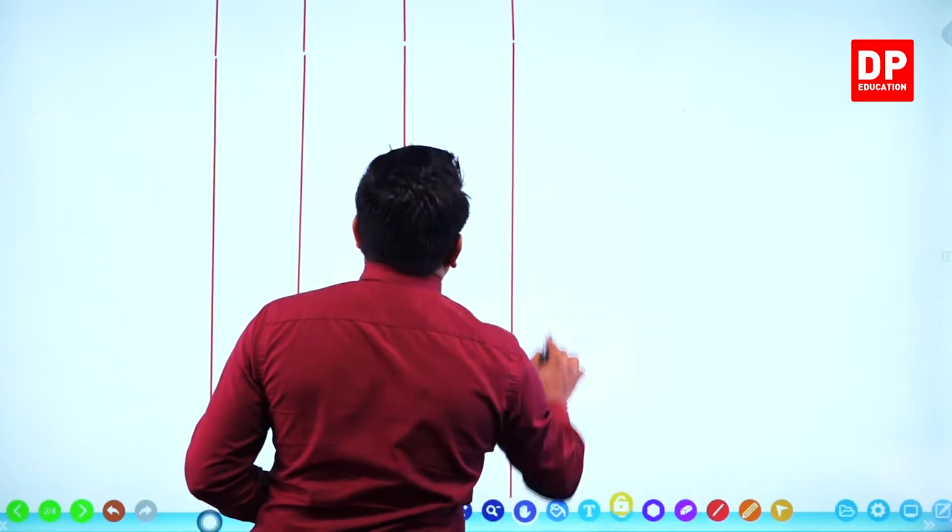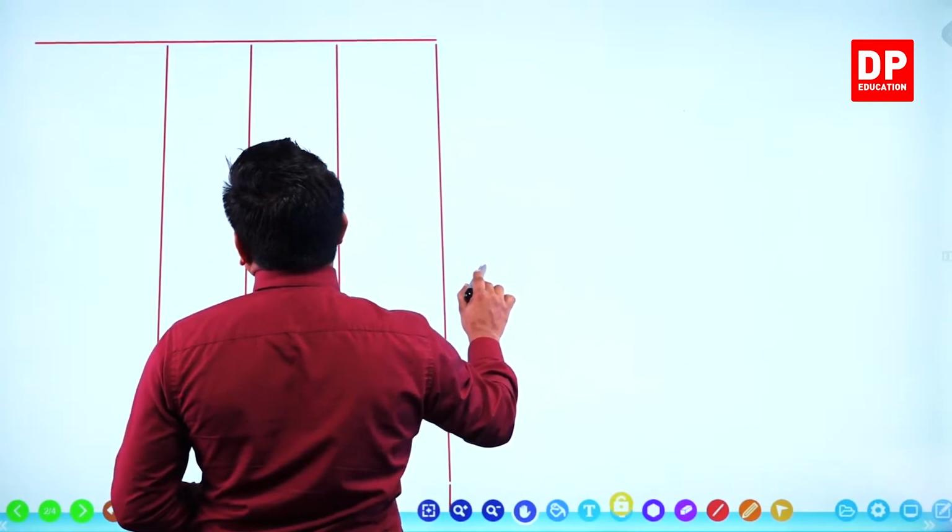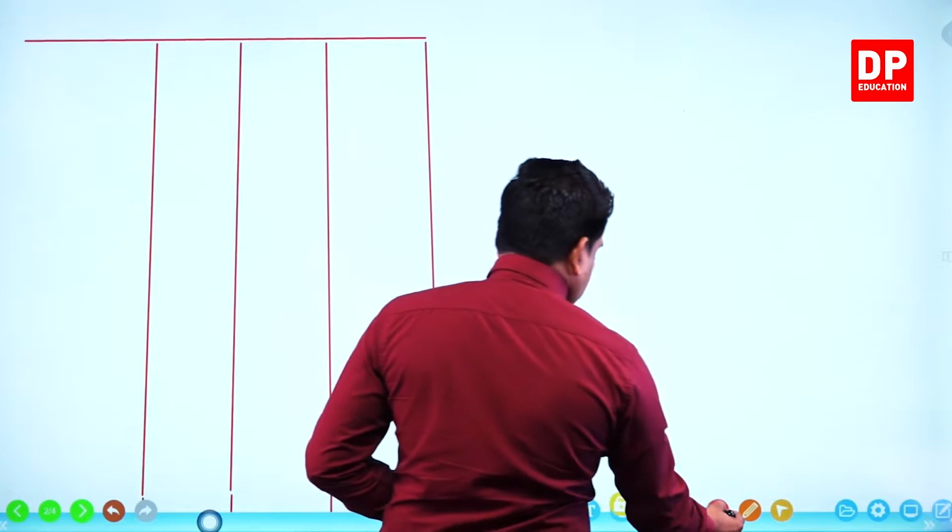This is the profit and loss statement. We give the name later, right? We can name columns. After that, we have to draw